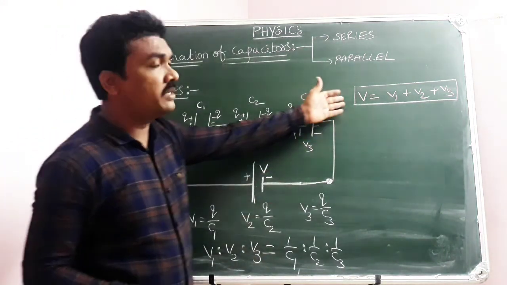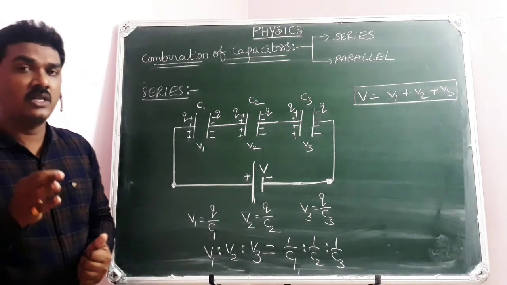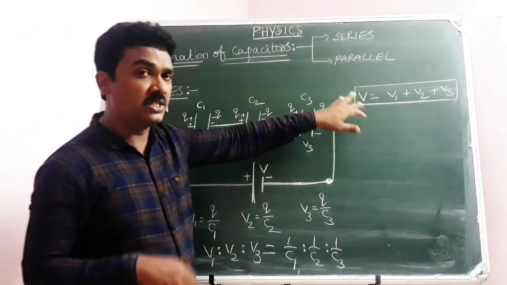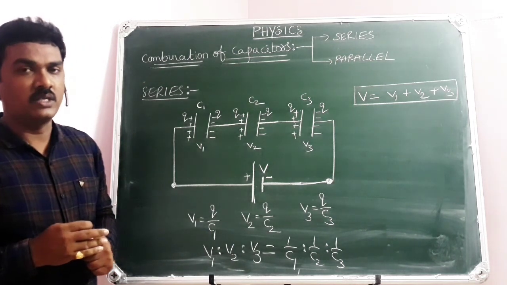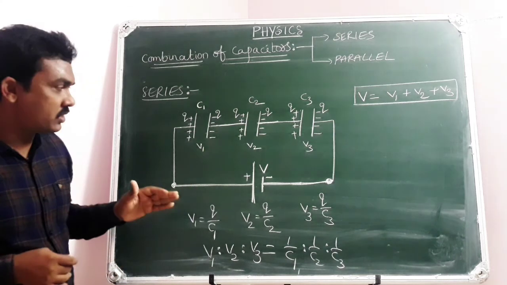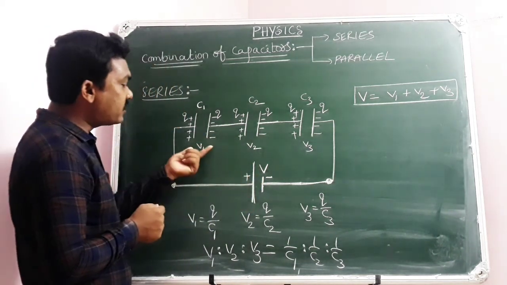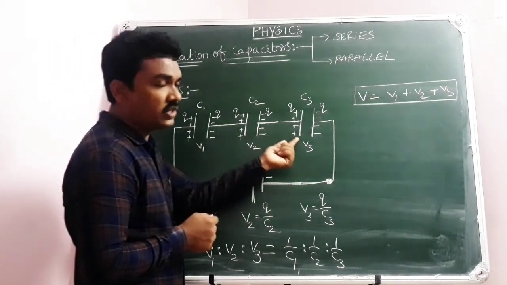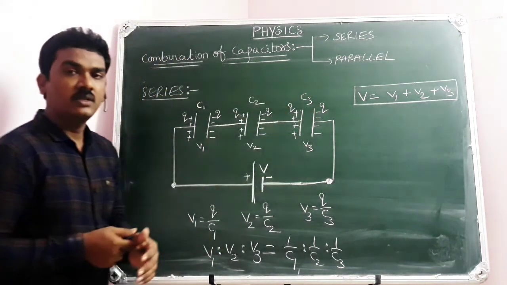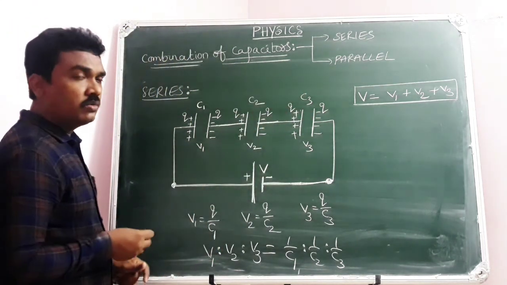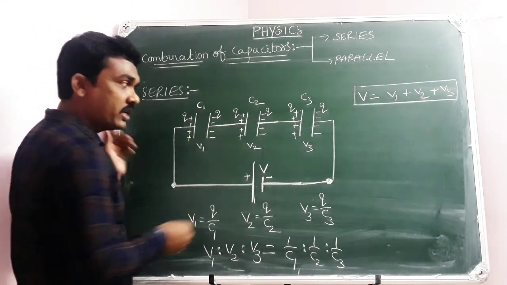Of course, this point can be justified further in a better way in the coming days based on Kirchhoff laws. You wait and see. This point will be justified further in a clear way using Kirchhoff laws. But for this moment, what you can understand is that the applied potential difference V itself will be distributed among C1, C2, C3, so you can write V is equal to V1 plus V2 plus V3. Now I told you that during the combination, three or more capacitors can be replaced with an equivalent capacitor.